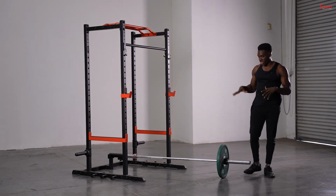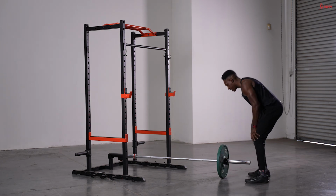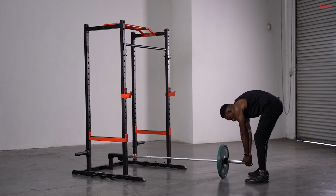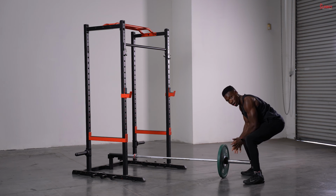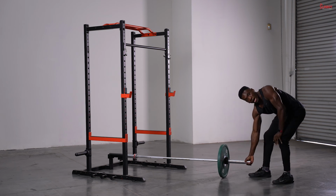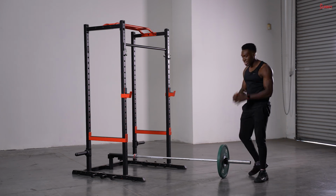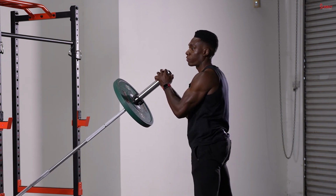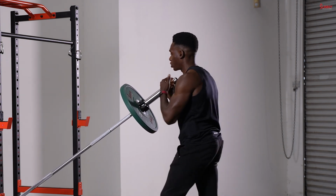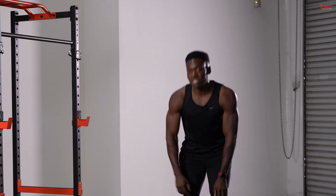Important thing, whenever you use this, you saw there, when I picked it up, I had my chest high, right? So when we use this, you make sure you're not lifting the barbell like so. We want to keep a flat back, athletic stance, hips back. Make sure you're close to the bar, okay? You don't want to reach out for it, okay? Also, on those squats, make sure you have that contact point. When you go down, we don't want the weight out away from us. We want to make sure we're nice and tight for the shoulder presses and for all of our landmine exercises,